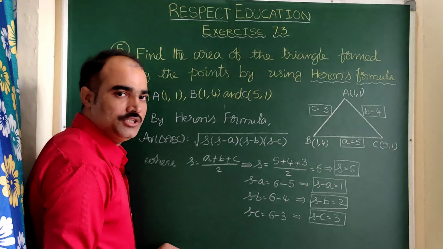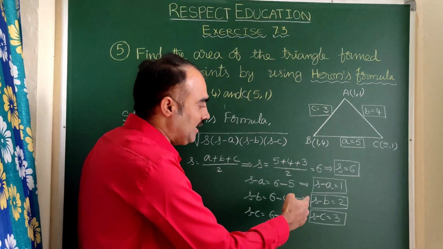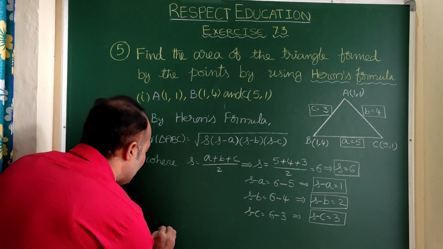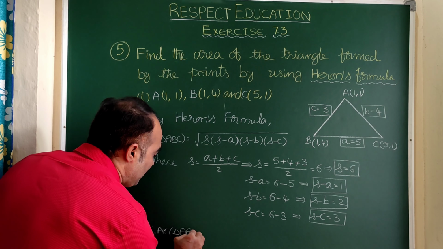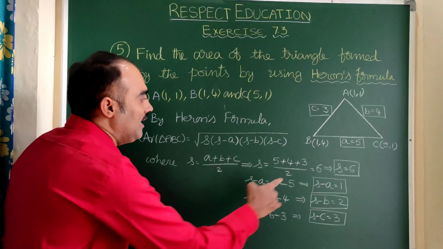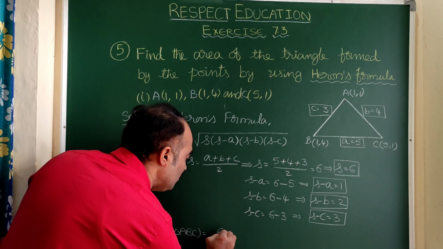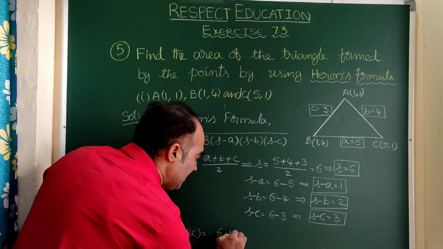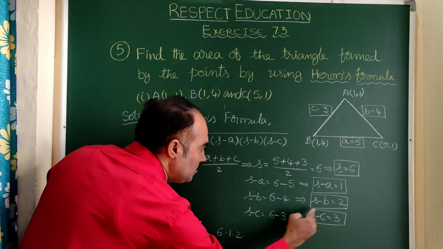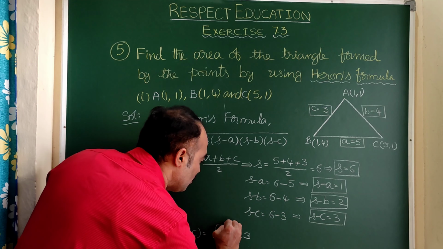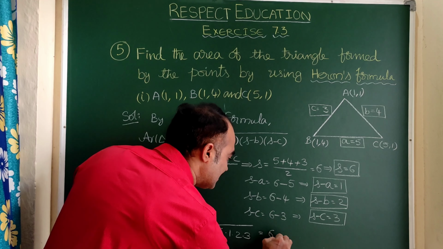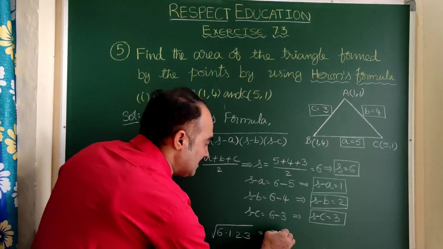Right? Let us substitute the values of S, S minus A, S minus B and S minus C in this formula. So, here we get, therefore, area of triangle ABC is equal to S into, means 6 into, this dot indicates into, S minus A means 1 into, S minus B means 2 into, S minus C is 3, under root. So, on simplification, let us write 6 as it is, 6 only. 1 2s are 2, 2 3s are 6.